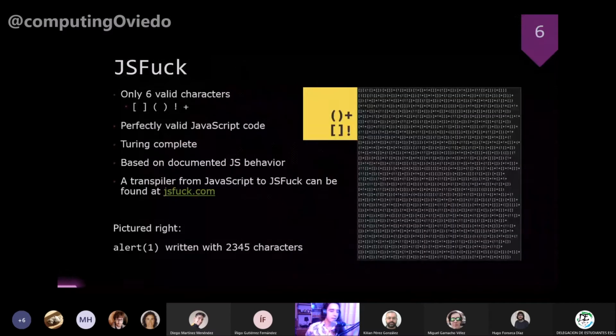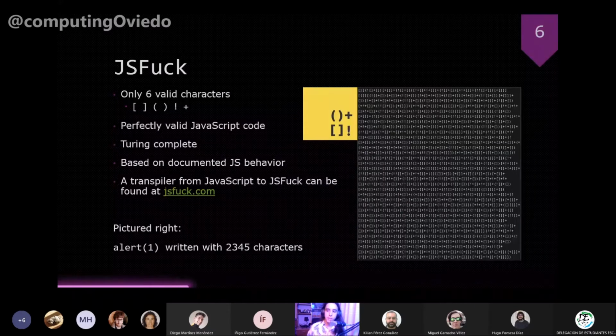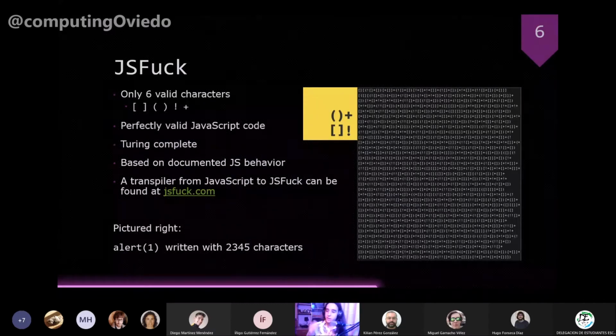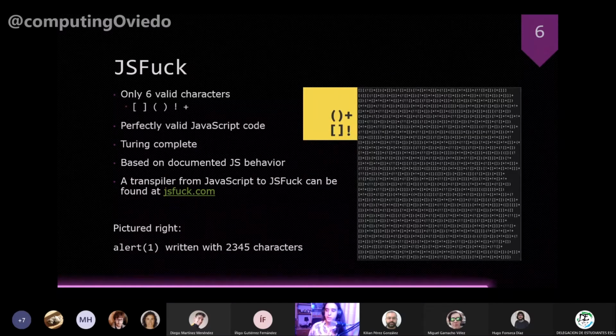This is a sample of JSFuck. JSFuck is a subset of JavaScript with only 6 valid characters: brackets, parentheses, exclamation, and plus symbol. It is perfectly valid JavaScript code and Turing complete. It is based on documented JS behavior, so of course it runs the same on every browser. A transpiler can be found at jsfuck.com. And on the right, you can see the equivalent to alert(1) in JSFuck at merely